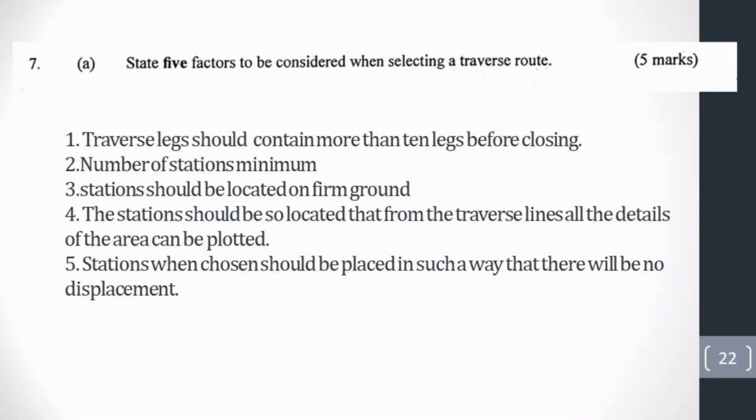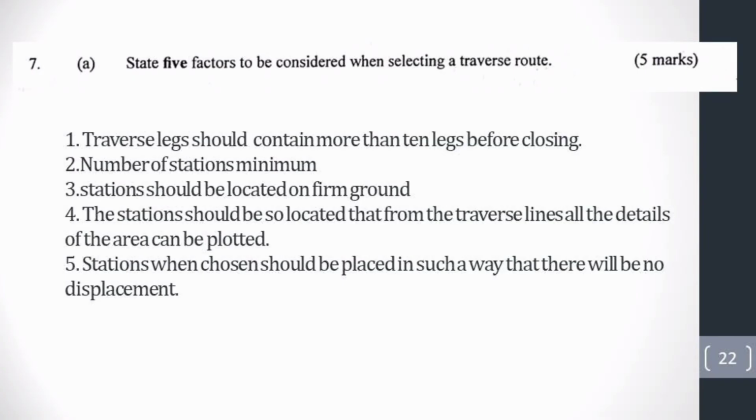Question 7a. State 5 factors to be considered when selecting a traverse route. Total of 5 marks. The first point there, the traverse should contain more than 10 legs before closing. Number 2, the number of stations should be minimum. Number 3, the stations should be located on firm ground, in order to avoid errors. If it is on loose ground, the station will be movable, so it will slightly move